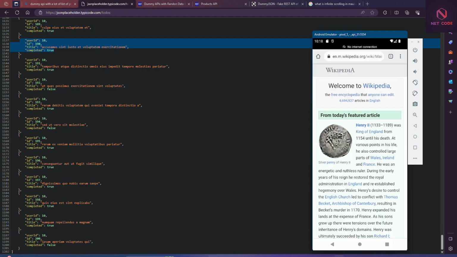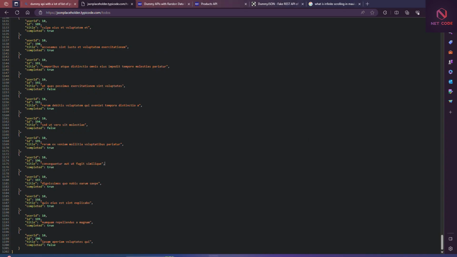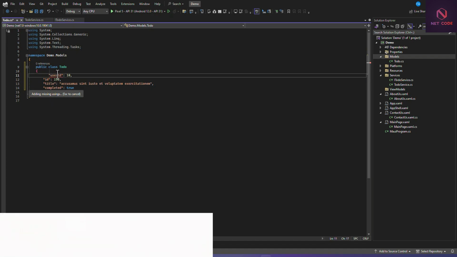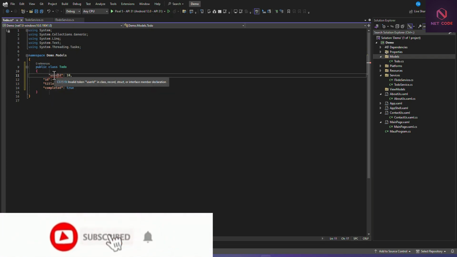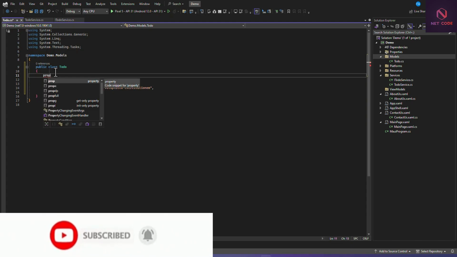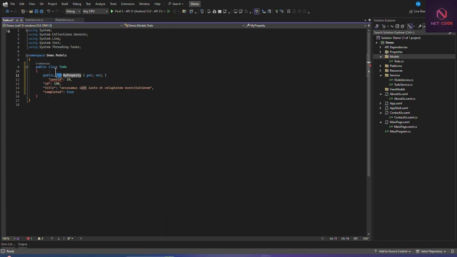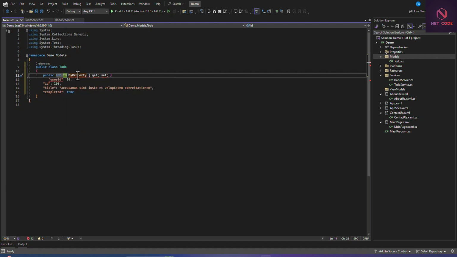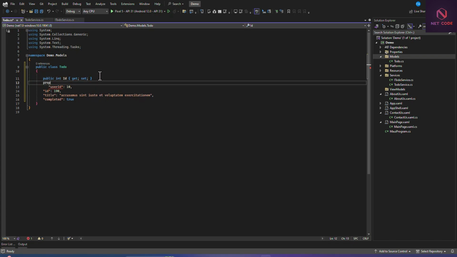So let's say user ID, we can just copy one like this, and in here in the application, let's paste this here. So we first have int ID, and now we do the same.